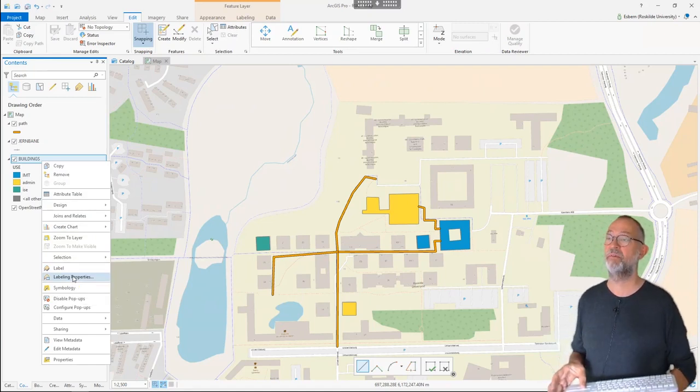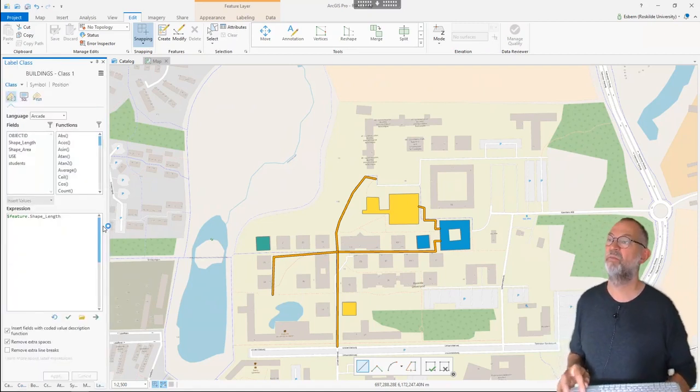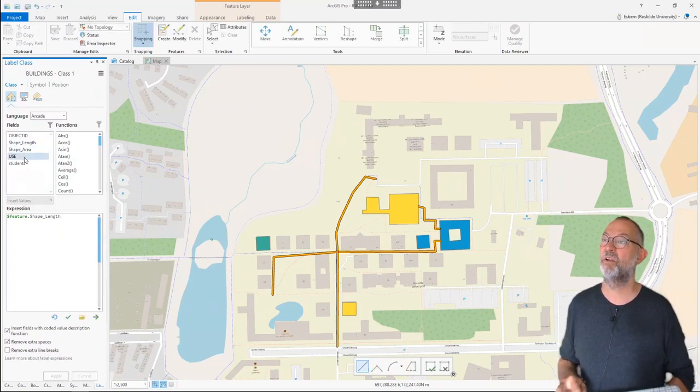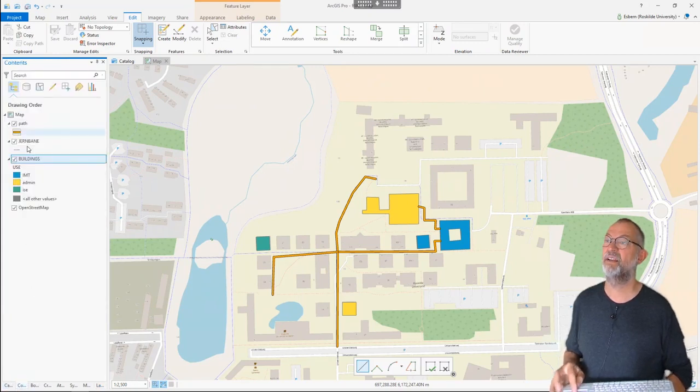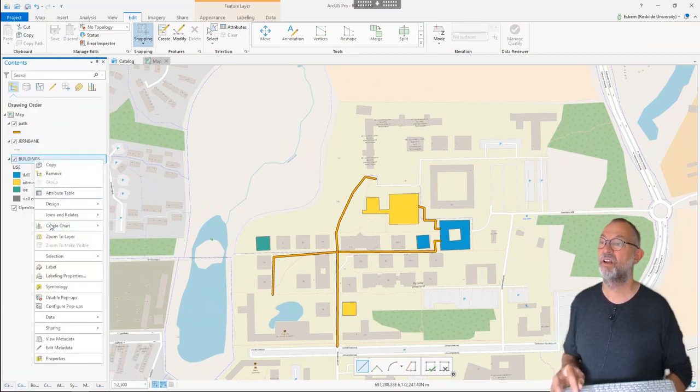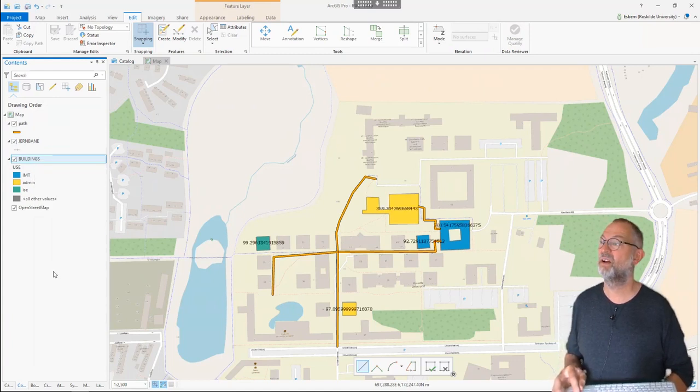So what do I want to label? I want to label the use of it, and I can do different things towards how it's done, but that's fine. And I will then go back to my contents, and I will turn on labeling,